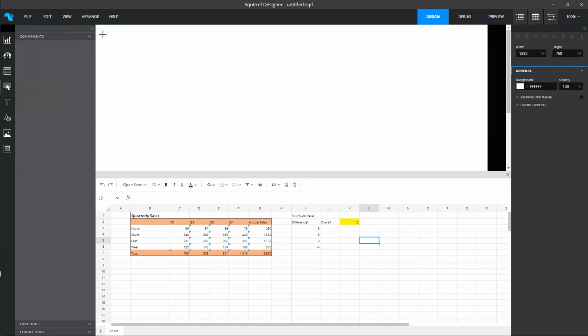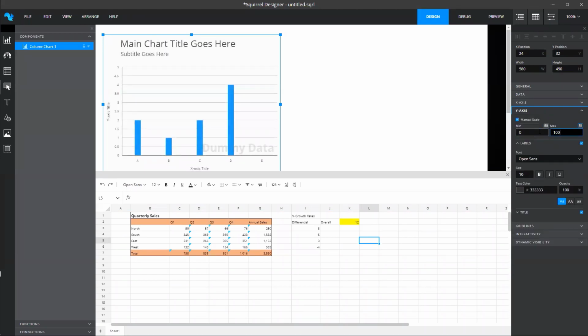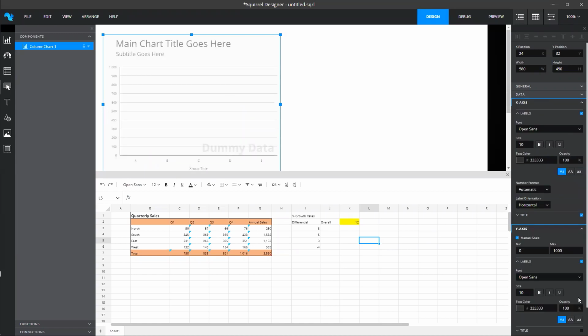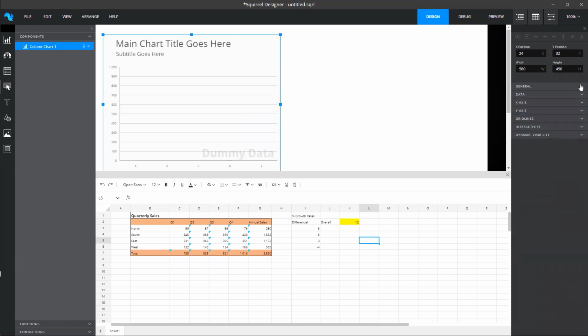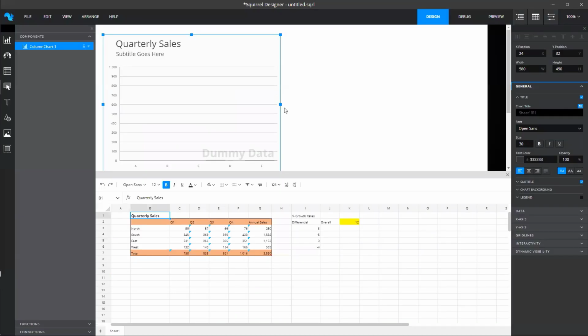So the first thing I'm going to do is add a column chart here. Now, lots of properties here. I'm going to do a few things, put a manual scale on it, so it's going to go up to 1,000. Maybe take off the title, and take off the title on the x-axis as well, so there we go. And then I can start binding into the spreadsheet. So I want a quarterly sales total there to put up here.